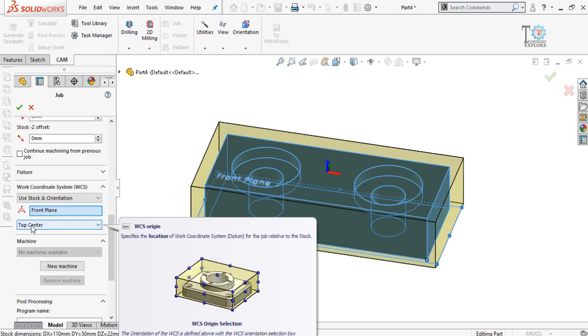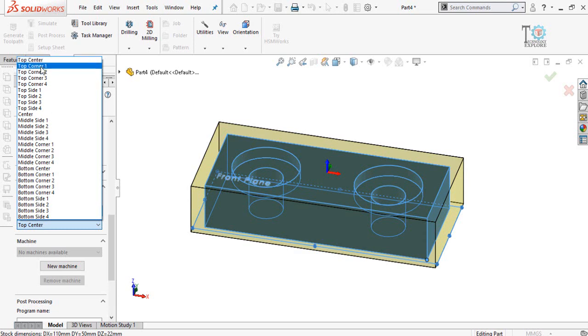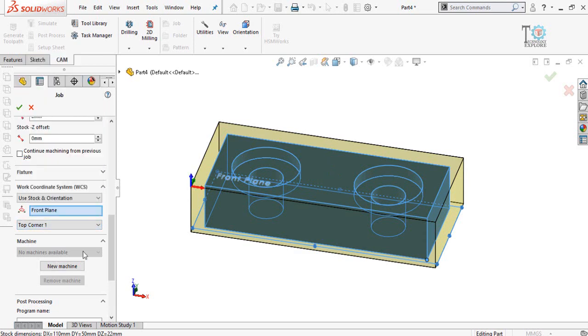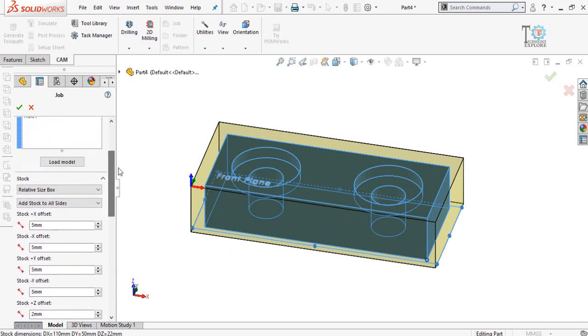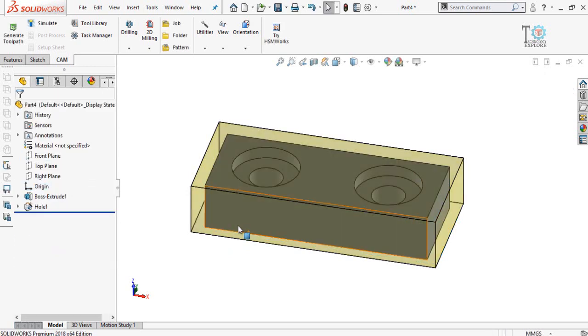For that I have to drop down this option, and from here select top corner 1. Here you can see, and if I select top corner 2, you can see the origin is now here. Basically this is the position from where the CNC machine will start working, or we can also say this is the home position of the CNC machine. So scroll down, and now we have to press the OK button.